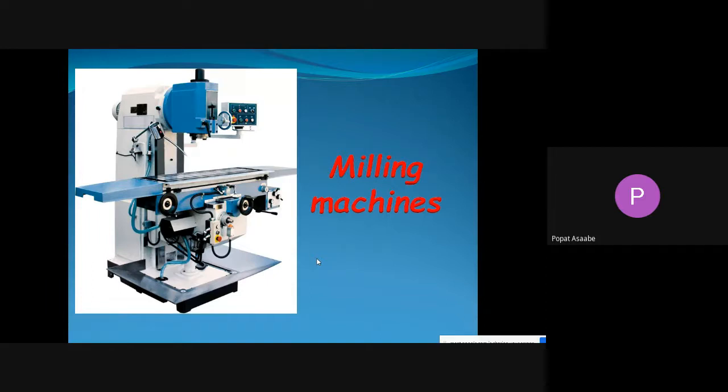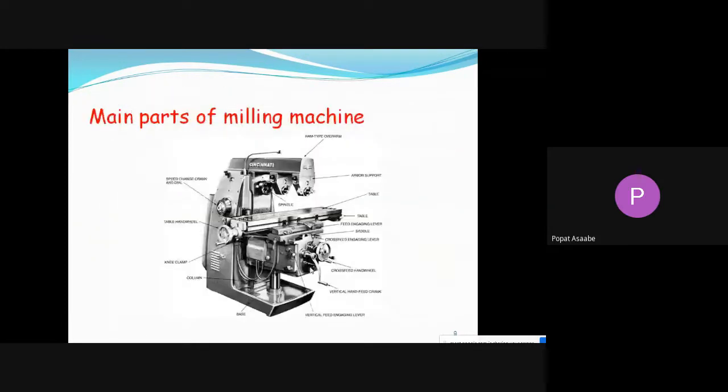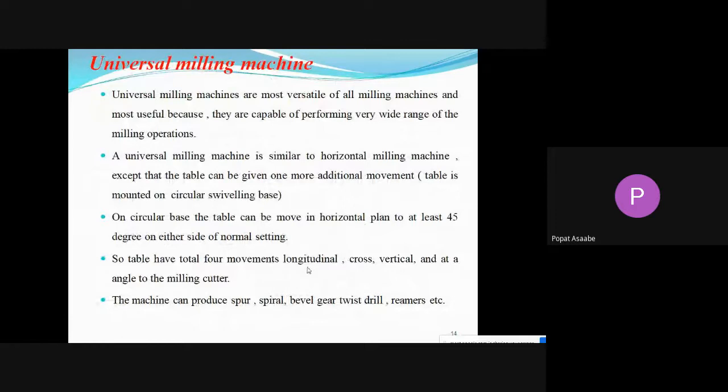First of all, I will summarize all the points we studied in the last lecture, and then I will start the new point. Remember, in today's lecture we are going to start a new point, that is the universal milling machine. In the last lecture we covered two types of milling machine,